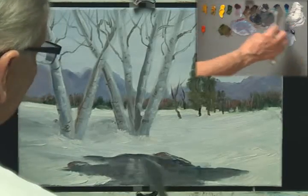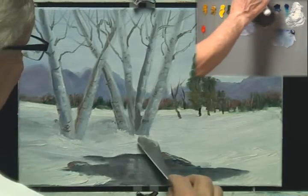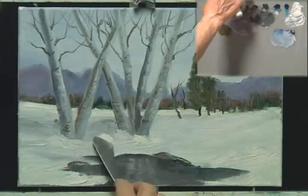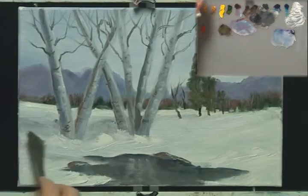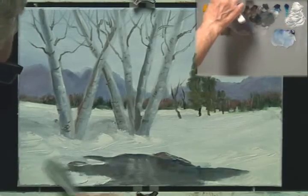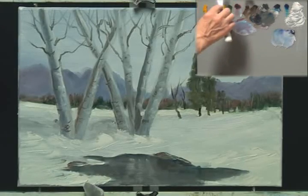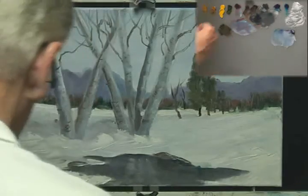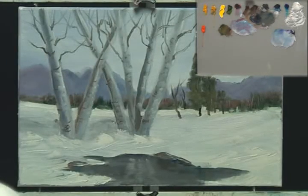It's probably very hard to tell what I'm doing on the camera because it takes a lot of it out because of the pixel count, but there, that's better in my view. And the only other thing left to do is to put a few of our